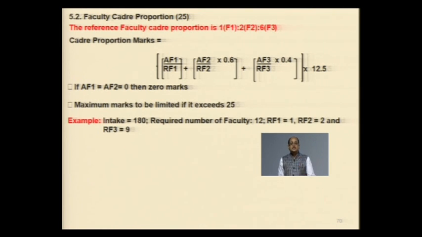What has been mentioned here is that if AF1 and AF2 are both 0, that means the available professor and associate professor are 0, it indicates there is no cadre there. There is no cadre, only assistant professors are there. So they will get 0 marks. As I said, this SAR came first and our pre-visit qualifiers came afterwards. So if you integrate these two things, this condition will not come, because if they do not have one of these two, the program will not be eligible for the visit.